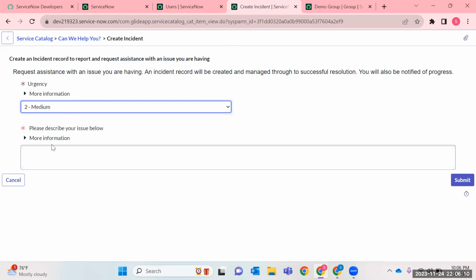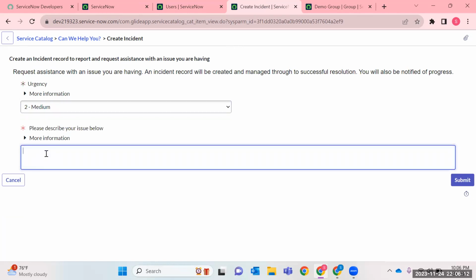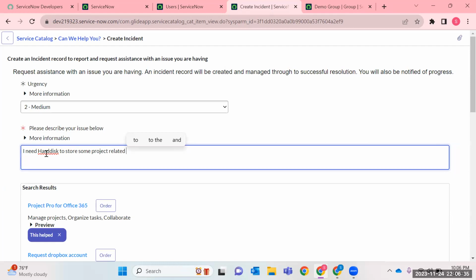For example, I have a requirement of a hard disk. I need a hard disk to store some project related information. Okay,